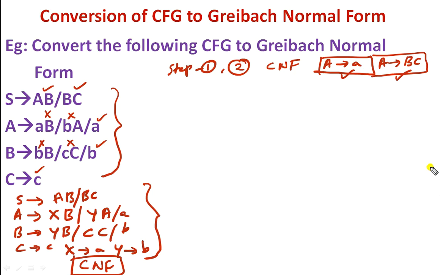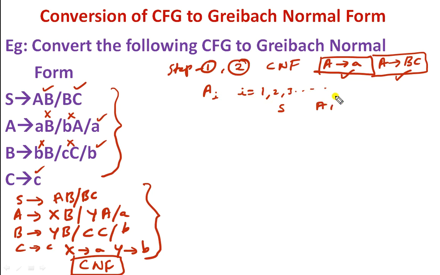Now consider step number 4. What is step number 4? Replace all the variables with Ai, such that i is equal to 1, 2, 3 and so on. So how could we replace? S is replaced with